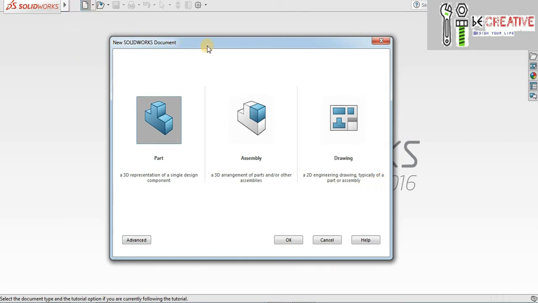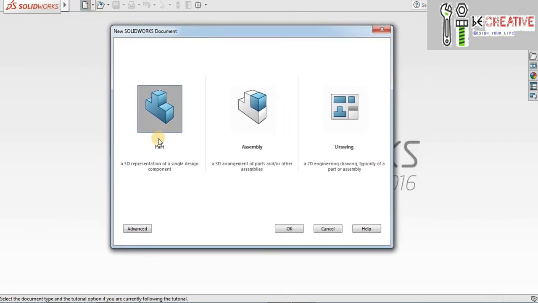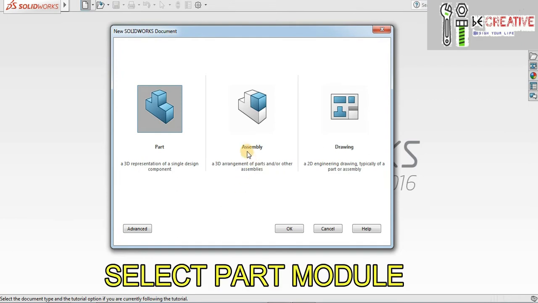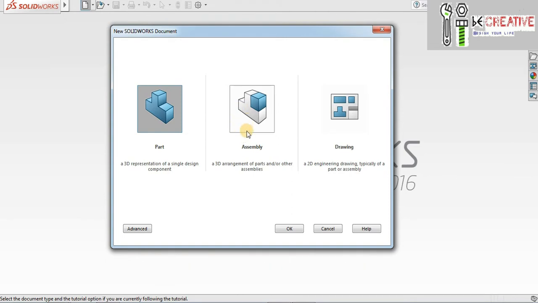is to create a 3D model as a part, and the second option is for the assembly. If you want to create an assembly, we can use this option, and the third option is for drawing or drafting. It is actually used to create 2D drawings,